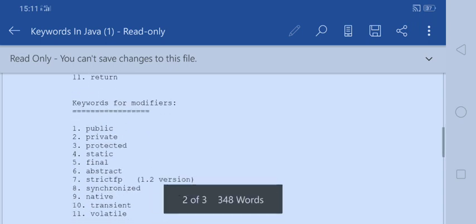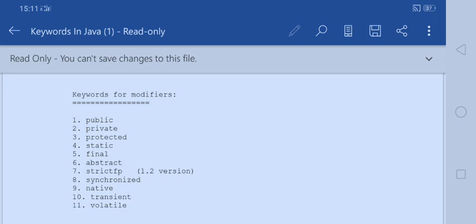Then let's see what the keywords for modifiers are. In Java we have 11 keywords for modifiers: public, private, protected, static, final, abstract, strictfp, synchronized, native, transient, volatile. Here the keyword strictfp came in version 1.2, right?